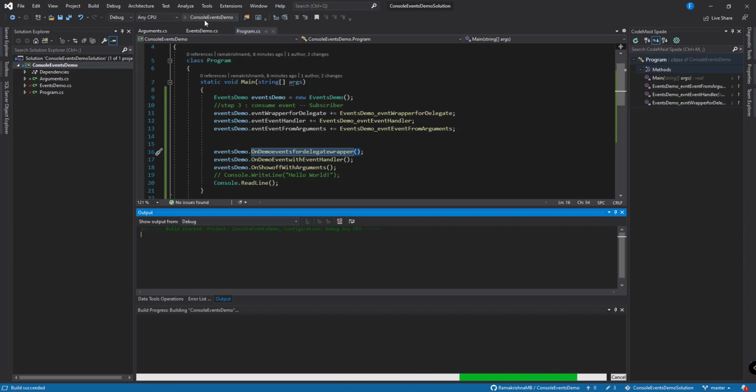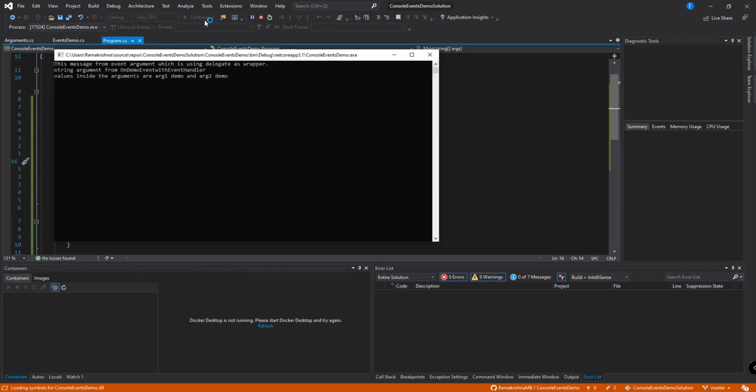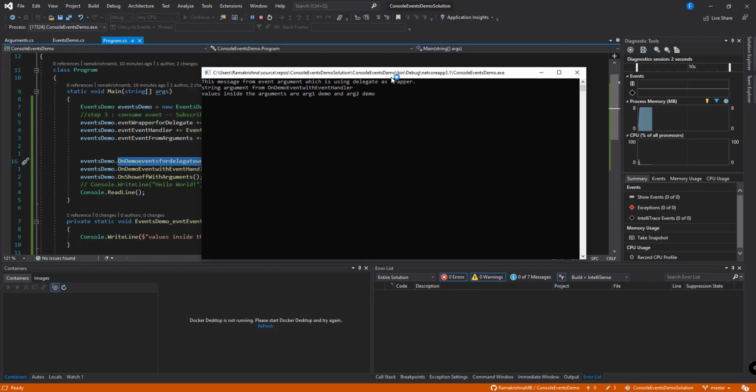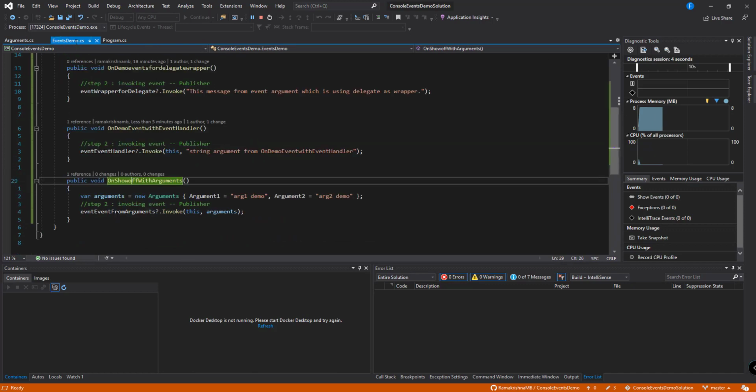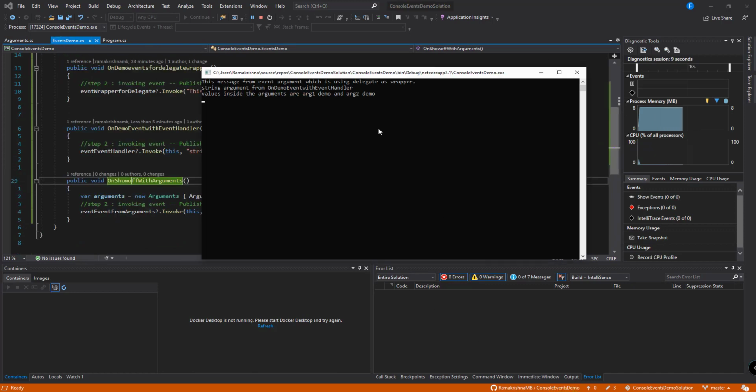To call that, run our console application. As you can see, we have all our three methods called from event demo class. So event handlers are invoked synchronously if there are multiple subscribers. Based on the sequence of initialization, it will synchronously invoke all these methods.